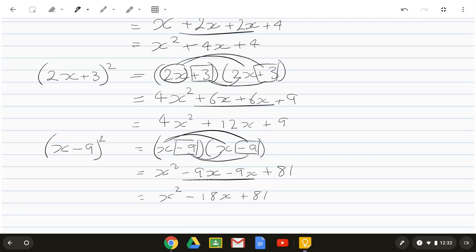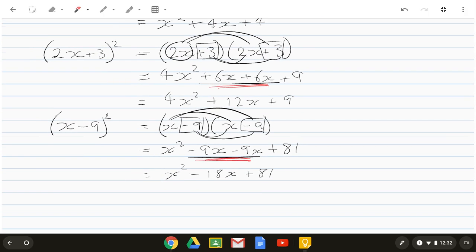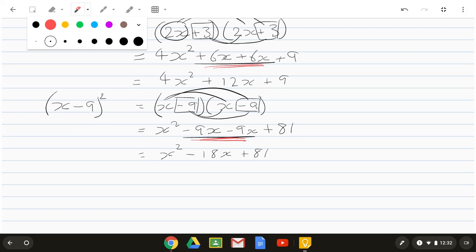So what you may be noticing is that in the middle, when we collect our like terms, both of those are exactly the same. And that is because it's squared. So the two terms, when we multiply the first by the last and the two inside terms, that gives us the same result. So if we go to a standard form,